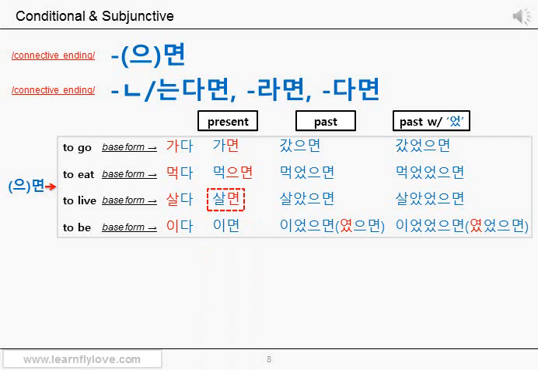살다, which means to live. When the last letter of the stem has final 르 consonant, you just add 면 instead of 으면 in the present tense. It's an exception. Yes, present tense and any stem that has final 르 consonant in its last letter. So it's not 살으면, it's just 살면. Okay? That's it. There is no other exceptions for 으면.